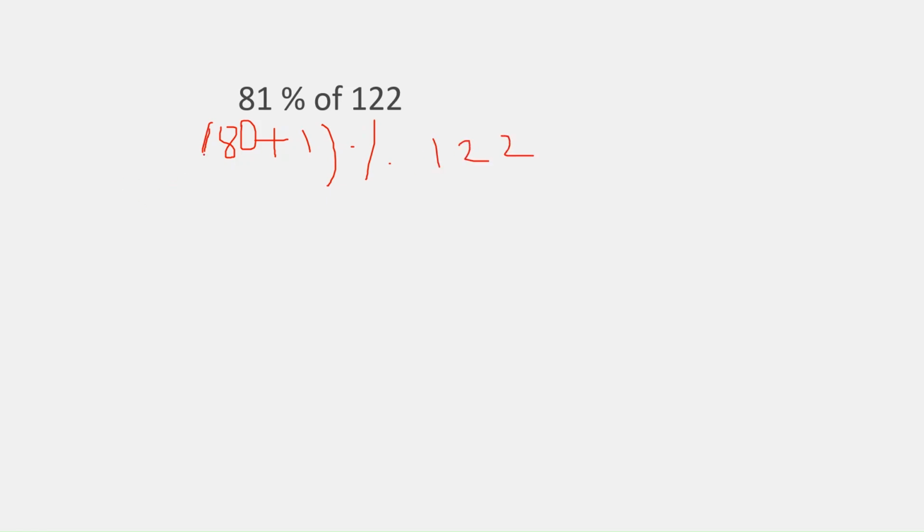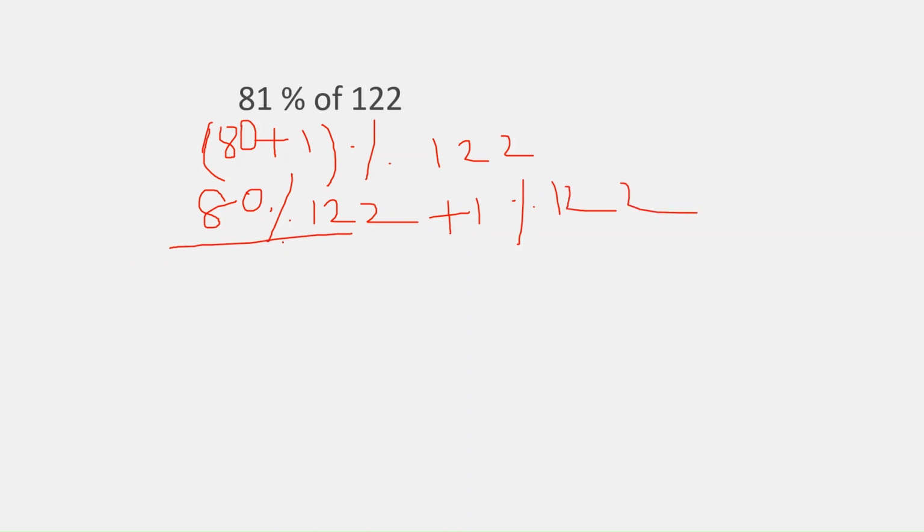Then 80% of 122 plus 1% of 122. Here again use the type 2 problem, that is 8 into 122, cancel this 0 and put the point here, plus 1% of 122 is nothing but